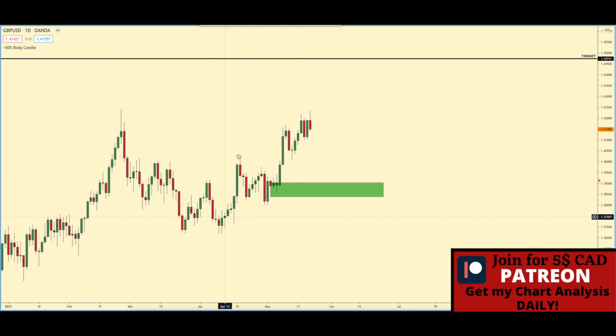Like I said, it's similar to the Aussie dollar where it's just ranging like this. But we are pushing up a little higher, which is a good sign. So I think that the pound will have a setup before the Aussie dollar does. So this is definitely one that's on my list, thinking that there could be a trade in the next week